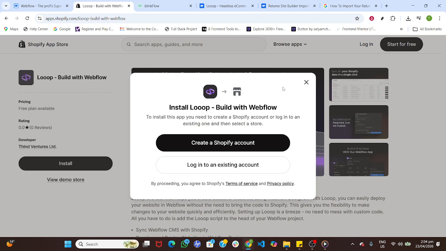A quick tip: test your integration with a draft product and a preview page before going live, and review